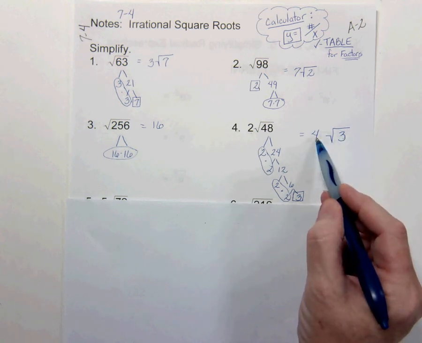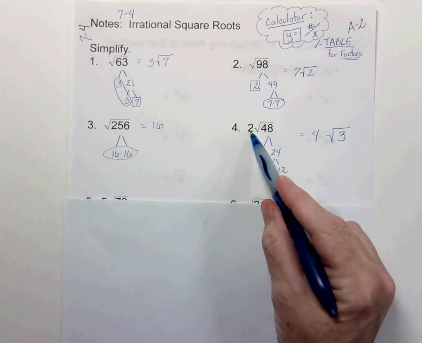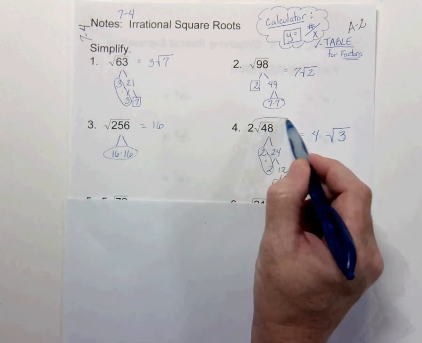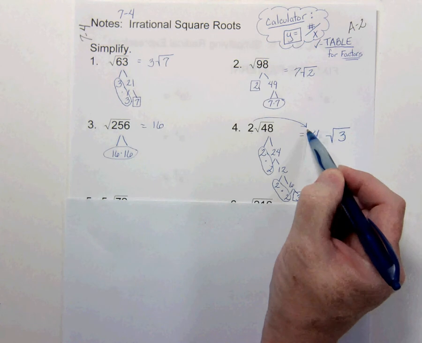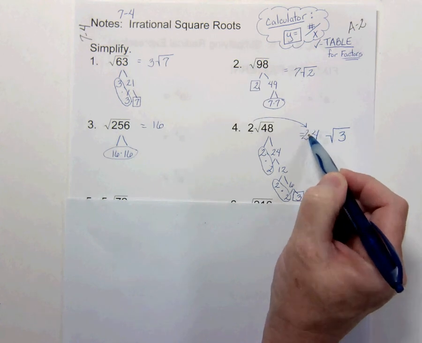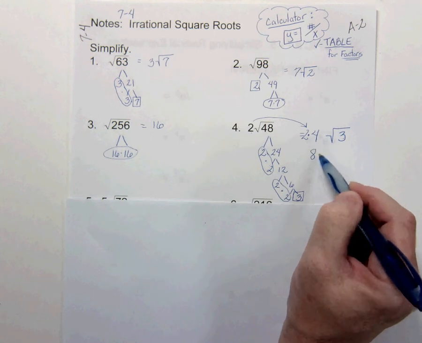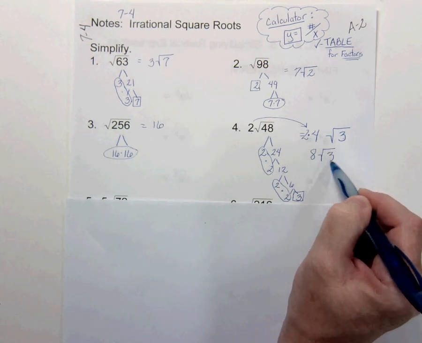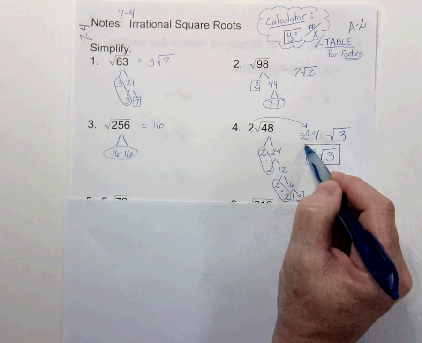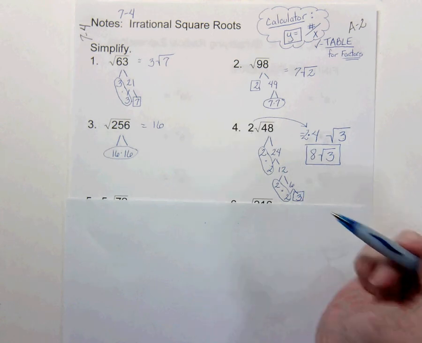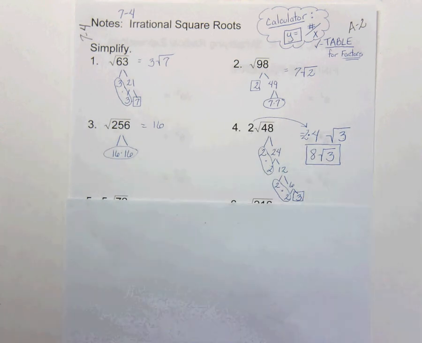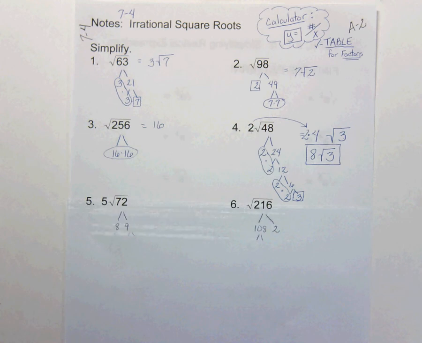If you look closely, there was already a 2 on the outside. So you have to remember, if you want to, draw an arrow. And you have to multiply that 2 by the 4, so that this actually is 8 square roots of 3. That would be your answer. So pause this, study it a little bit, see if you've got that understood.